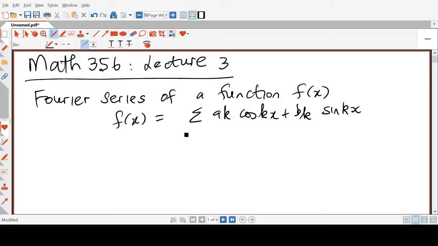The question that was posed by Joseph Fourier was whether you can expand any function in the shape of the sum of sines and cosines. And the answer turns out to be yes. The important aspects